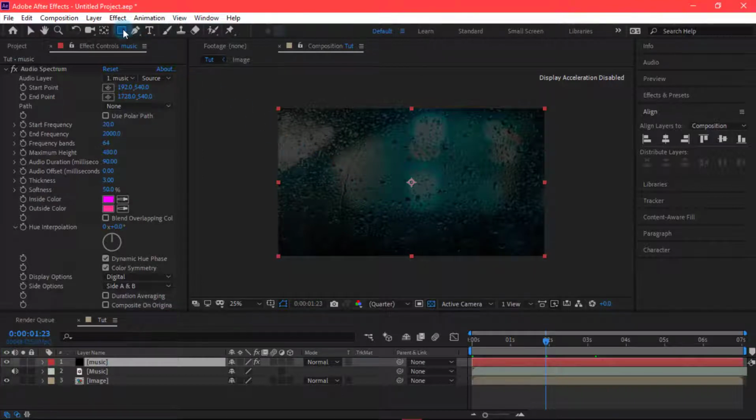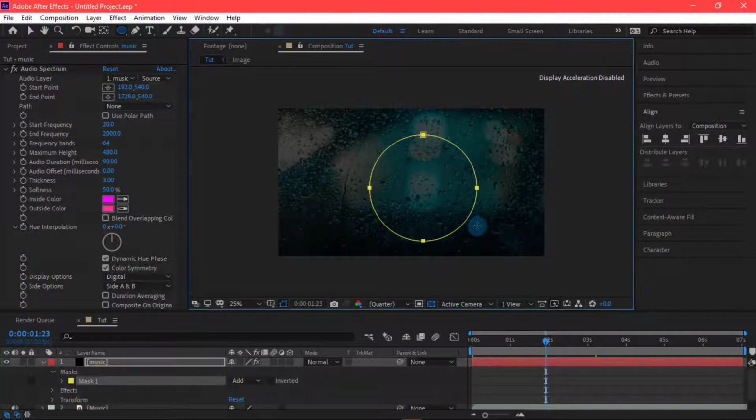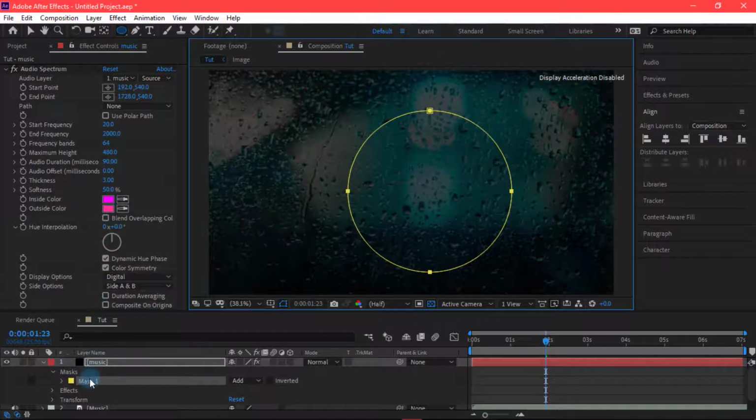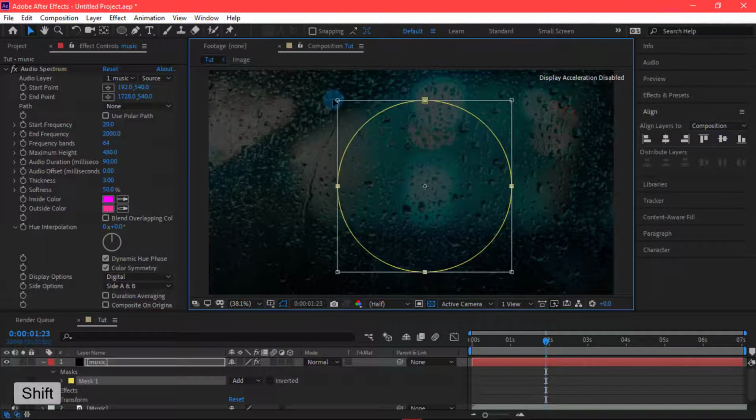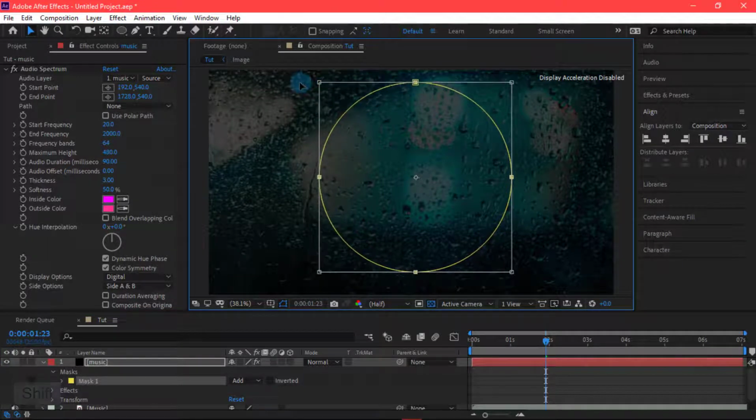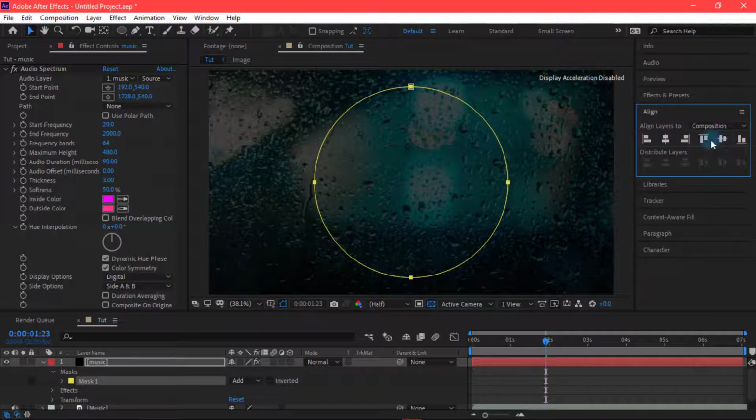Change your tool, press Q on your keyboard to open the ellipse tool, and just draw a circle like that. Now select this mask and press Control or Command T to increase it. Hold Shift and increase it like that. Looks fine. Now adjust it to the center.